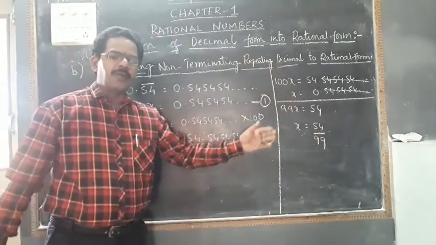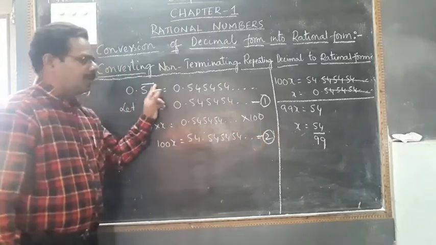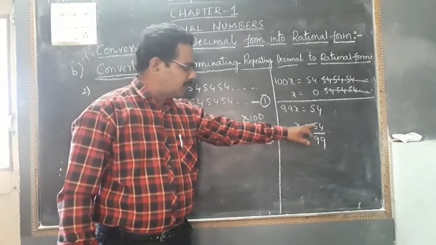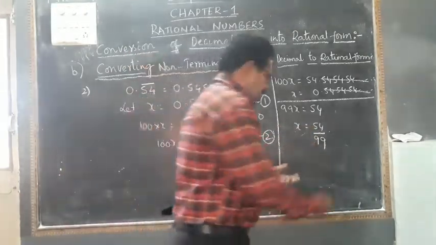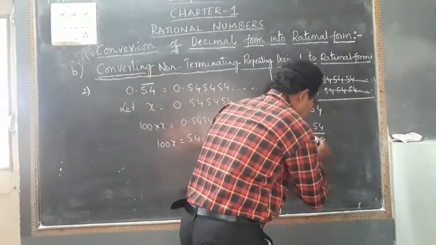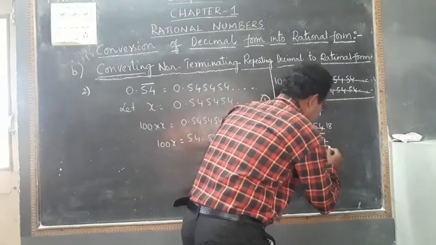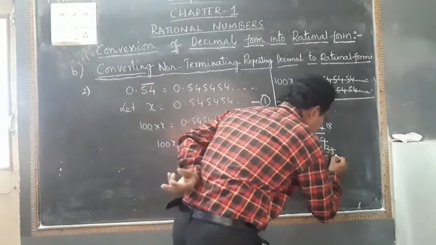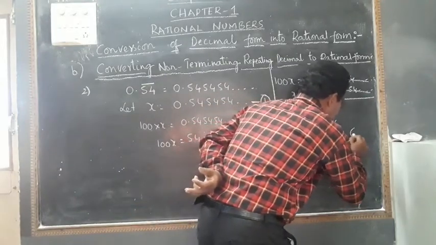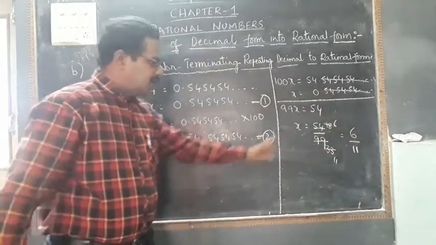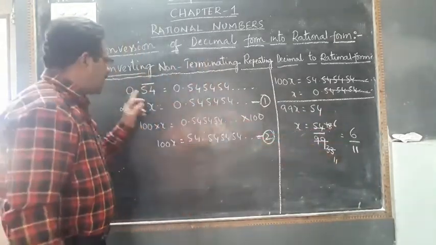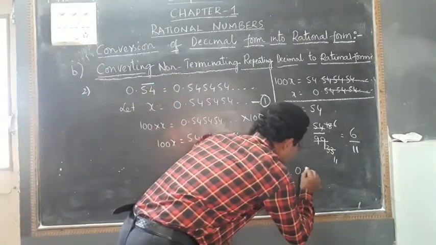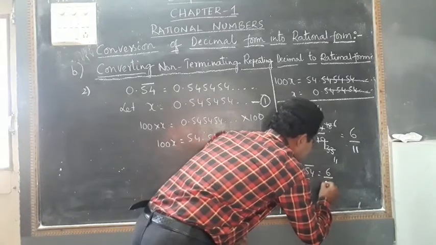This is the p by q form of the given decimal 0.54 bar. But we can also simplify this 54 and 99, because in the 3 table, 3 sixes are 18, 3 threes are 9. Okay, again we shall see. Again it can be divided, cancelled, simplified with the 3 table: 3 sixes are 18, 3 threes are 9. So 6 and 11. So the final answer is equal to 6 by 11. Here we got x is equal to 6 by 11. But we have taken x is equal to 0.54 bar. So from this we can say 0.54 bar is equal to 6 by 11.